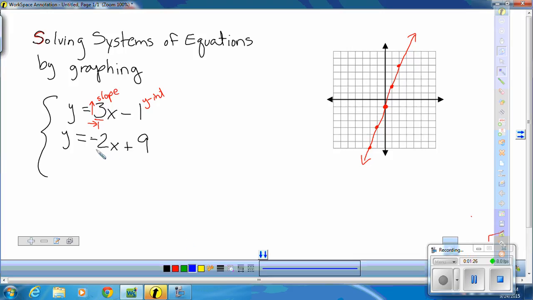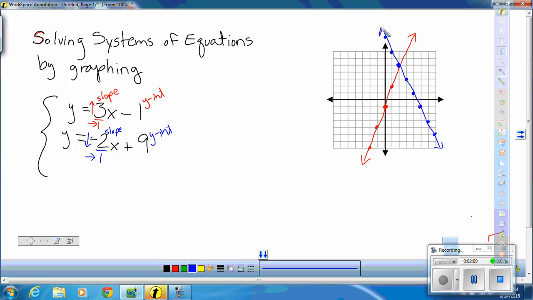Now for the second one, here's my slope, -2/1. So I'm going to be going down 2/1. And my y-intercept is going to be at +9. So let's see, I've got 1, 2, 3, 4, 5, 6, 7, 8, 9. That ran off my graph a little bit, but there's my y-intercept. My slope is -2/1, so I'm going to go down 2/1, down 2/1, down 2/1, and I just keep going till I run out of room on my graph paper, and that is